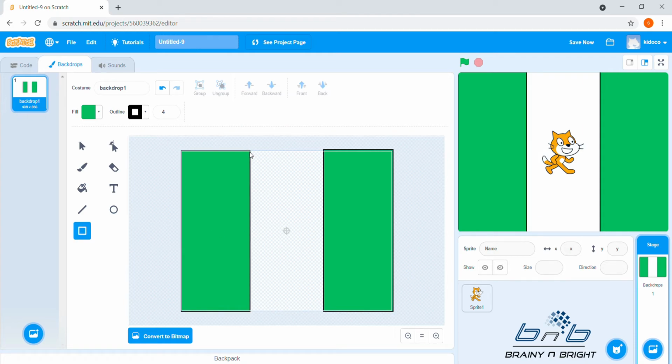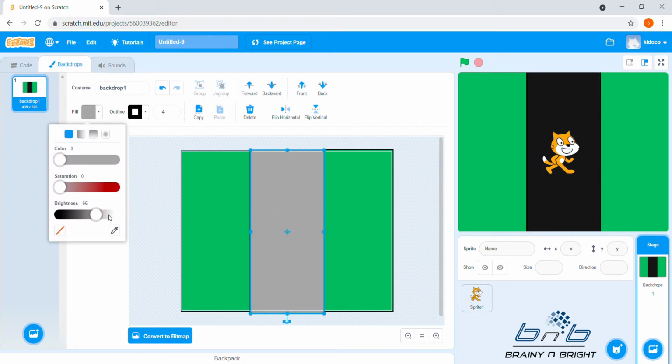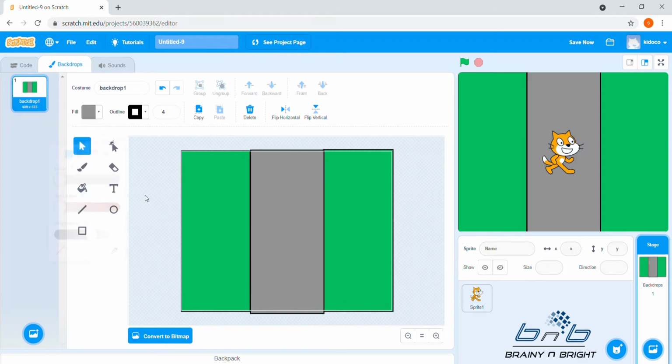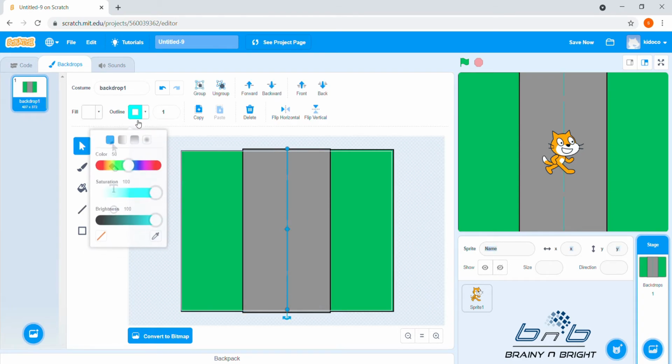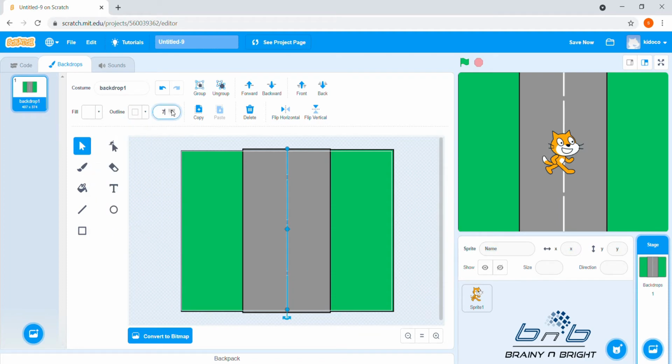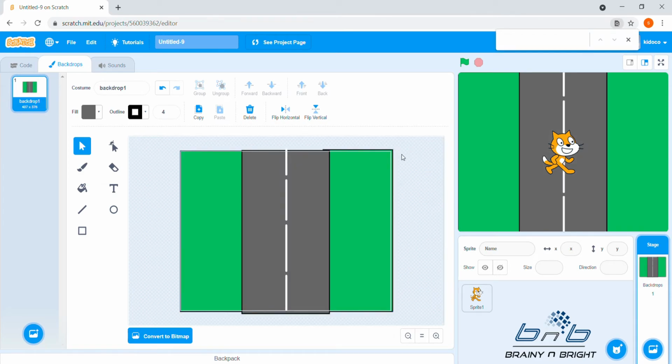And a rectangle at the center. Fill it with gray color. Draw lines at the center of the rectangle while holding your shift. Select the lines and give them the white color and increase the stroke. The road is created. To create the sprite, that is the car, go to Choose a Sprite at the bottom